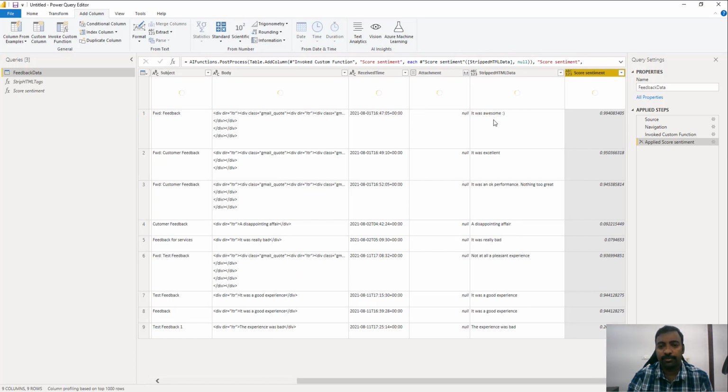As you see, for the best feedbacks, it will give a higher value. Like "it was awesome," you can see that it's giving something around 0.99. It's very close to 1. So the value will be between 0 and 1, where 1 represents the highest or the best feedback, and 0 represents the worst feedback. And as you see, excellent will get 0.95, okay was like 0.94, disappointing is like 0.09, which is very less. "It was really bad" is 0.07. So as you see, the value that you get corresponds to the feedback given by the user. For good feedbacks it will get good values, and for bad feedbacks it will get correspondingly bad values.